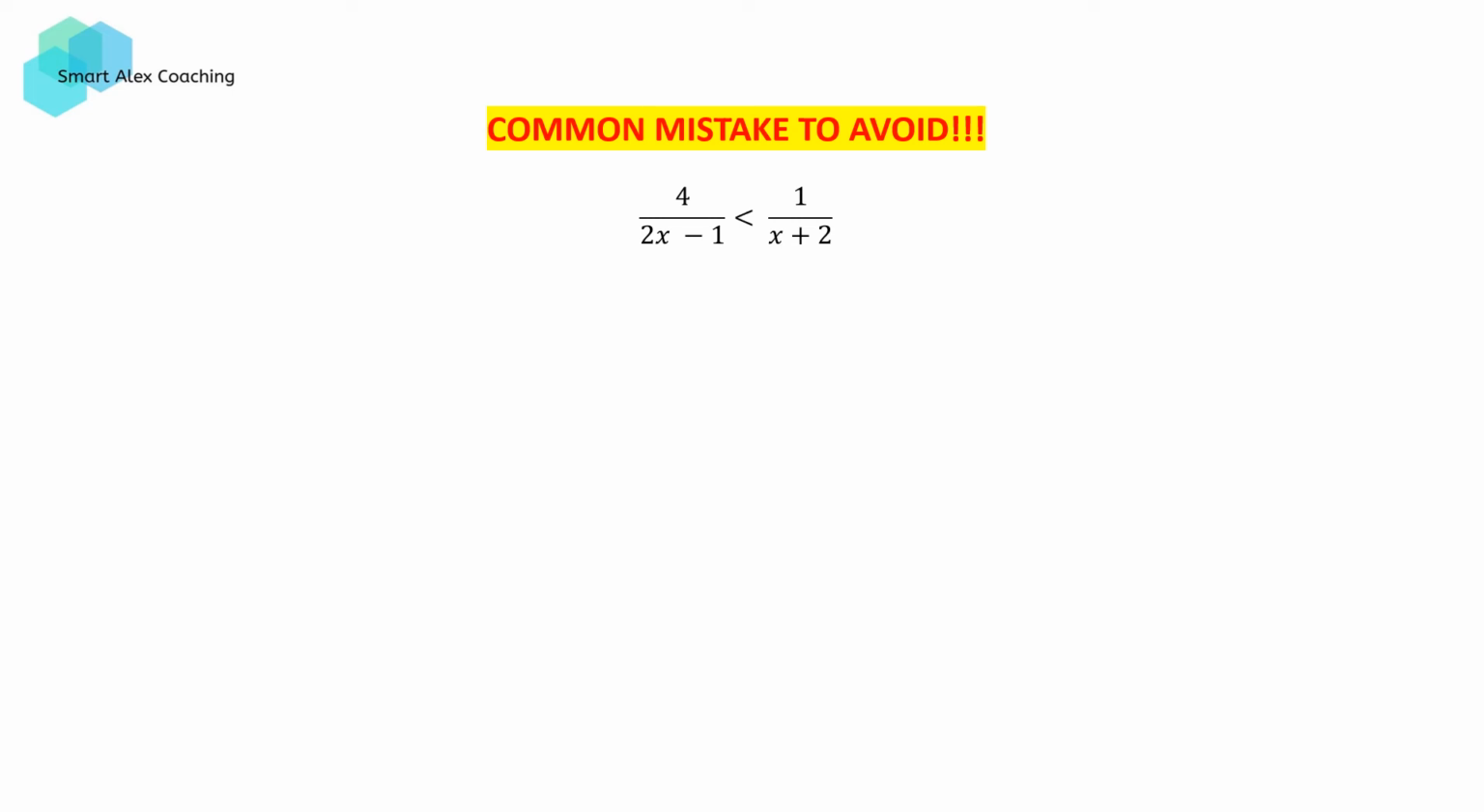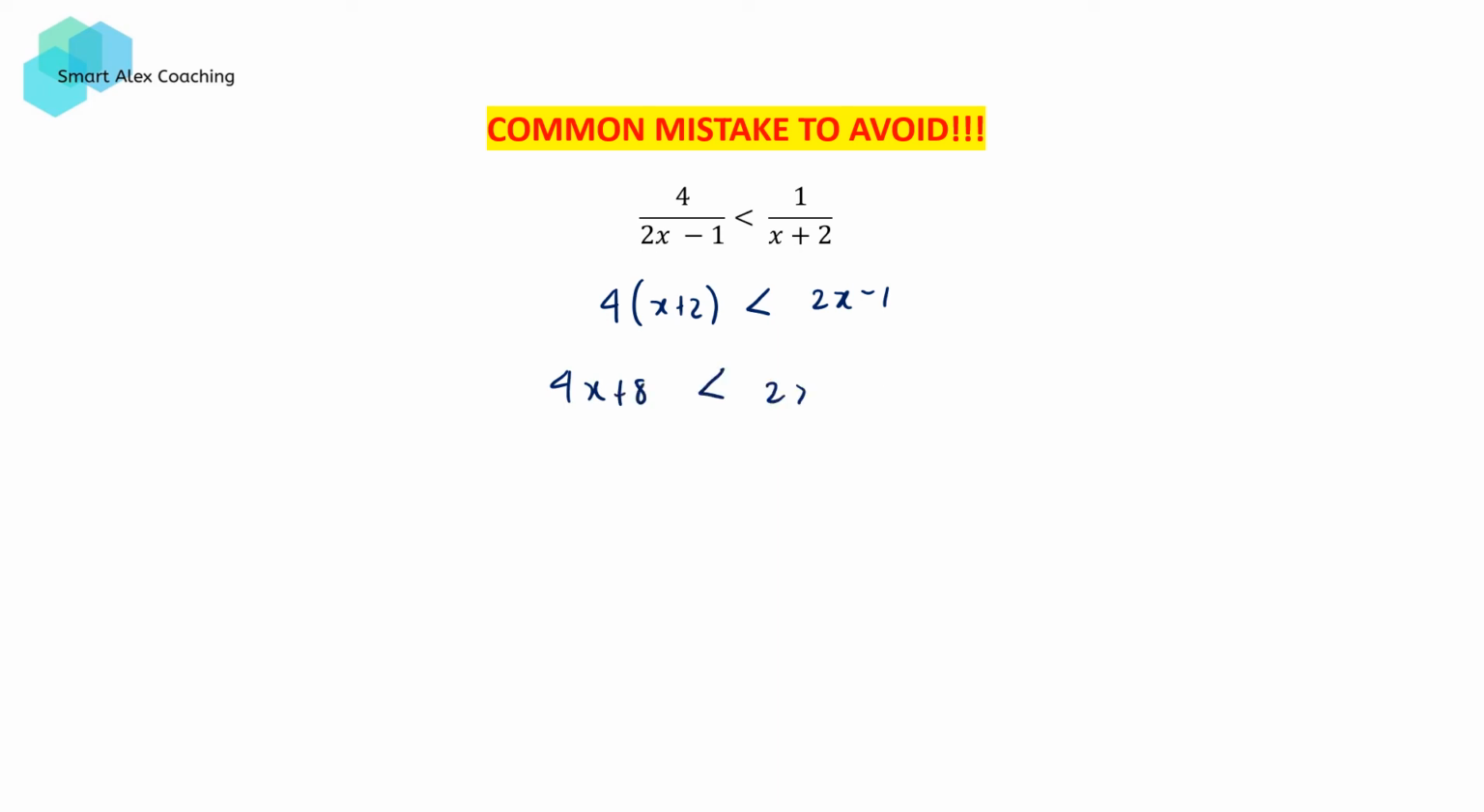Now that we've looked at the correct way to solve a rational function inequation, I also want to point out the common mistake a lot of the students make. When a lot of the students see this question, they try to solve it like an equation. So what they might do is cross multiply and get 4 times x plus 2 is less than 2x minus 1, right? And then they try to rearrange and they're going to get 4x plus 8